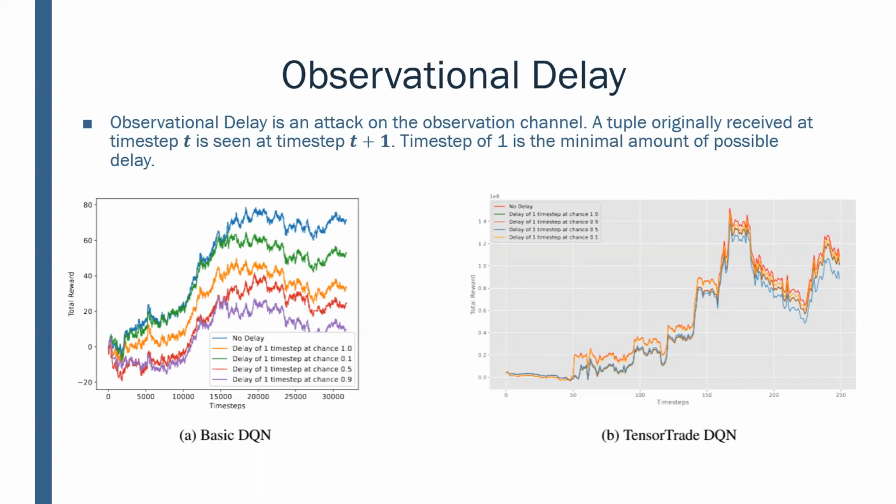And as you can see on this page here, both agents are necessarily impacted by a one-time step observational delay. Now, the importance of this kind of attack is that this attack isn't crafted. This attack is actually quite inexpensive to execute and use, because you don't actually have to craft a tuple of values. All you have to do is have the interception be the man in the middle attack, like intercept it for a different time step.